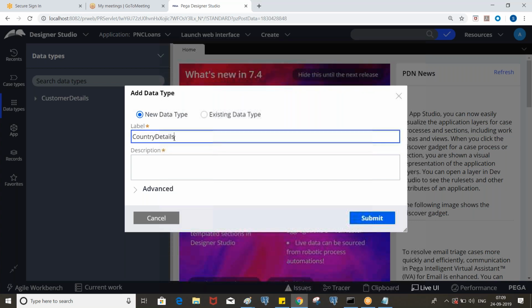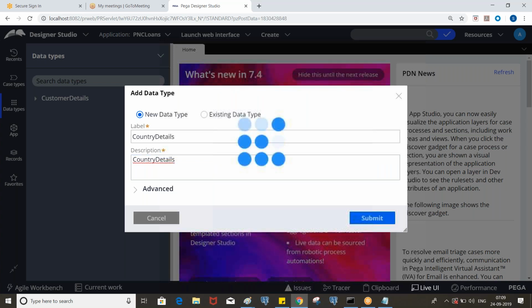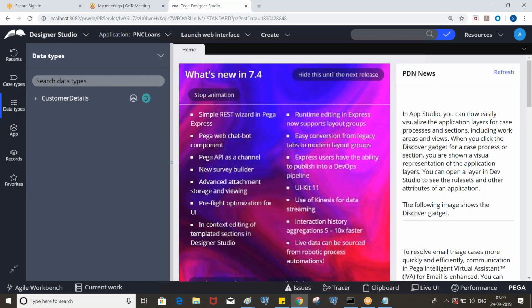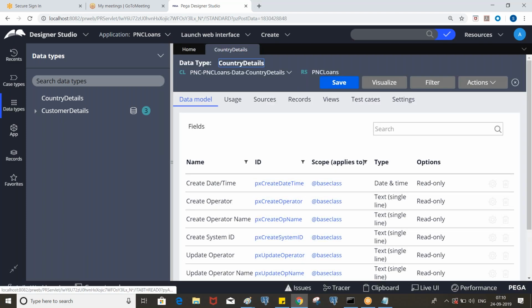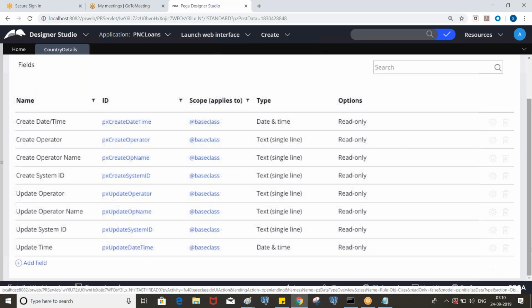Country details, and click on submit. Here we are going to create two properties in this class: one is country code and another is country name. This is a country data class, so we don't put state related information.